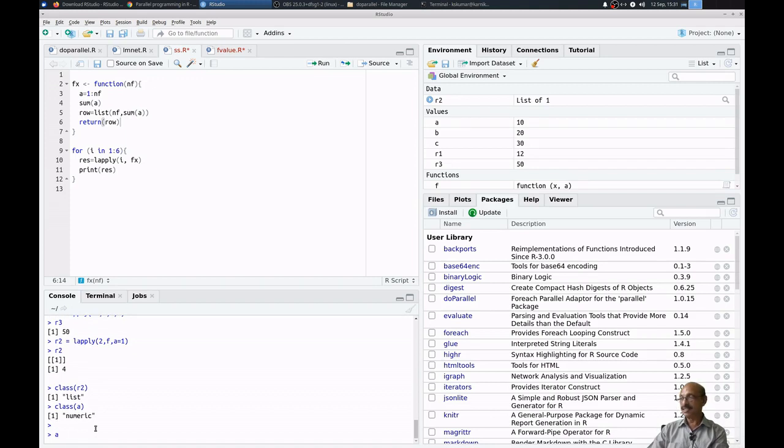Here A is equal to 1 to 5 means A will be 1, 2, 3 up to 5. If you type A equal to 1 to 10, A will be 1 to 10. So when nf is passed, we have to give some value. When n is equal to 7, A is equal to 1, 2, 3 up to that value. Okay.